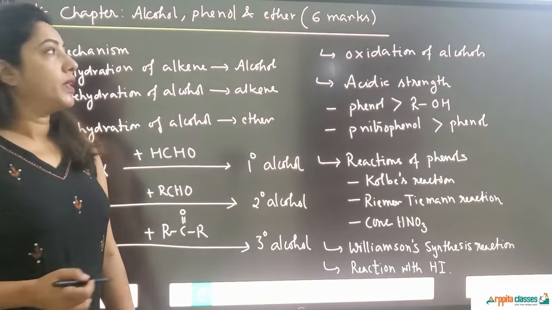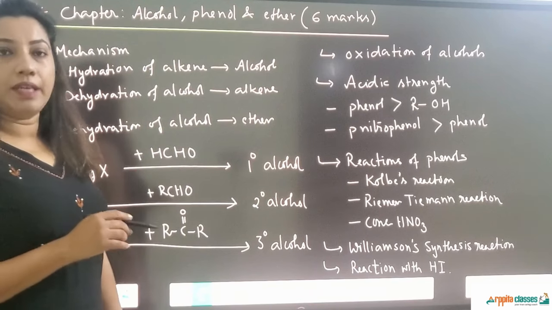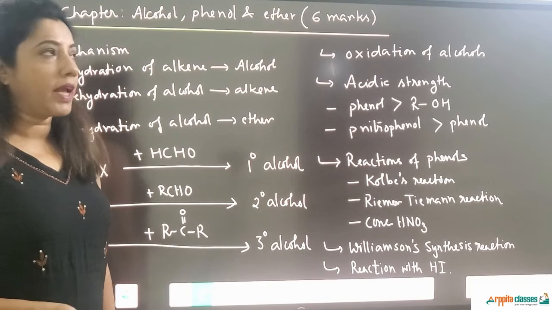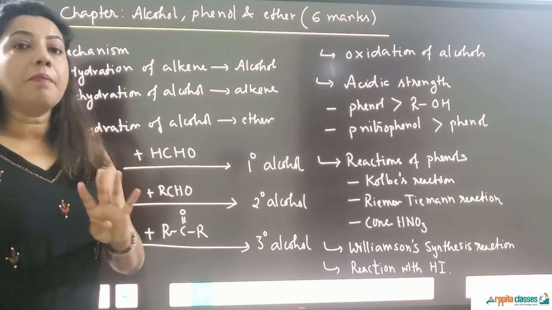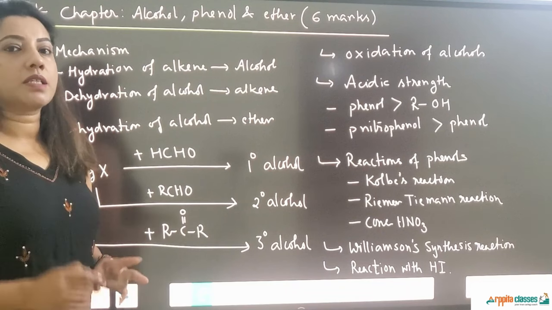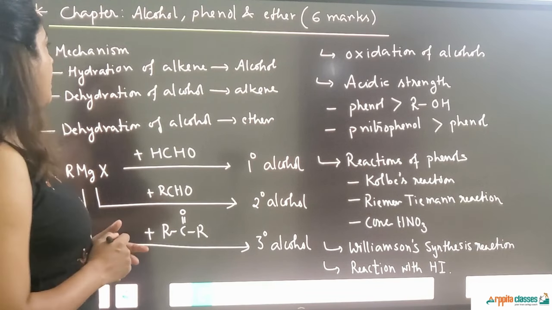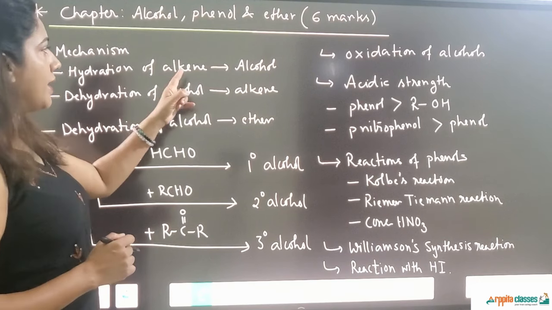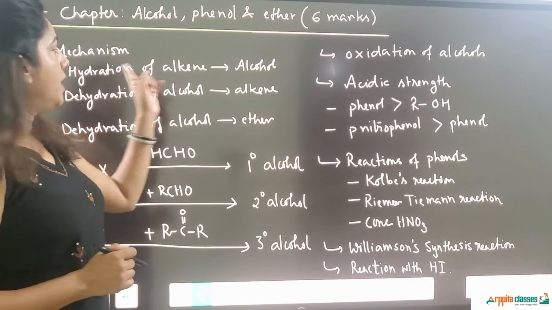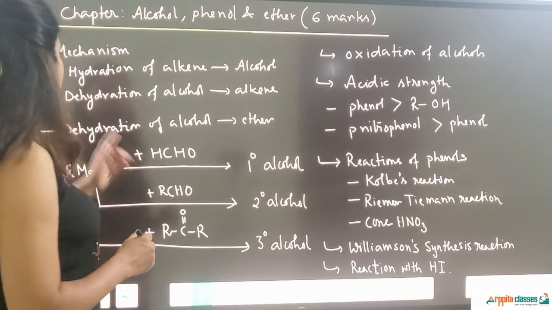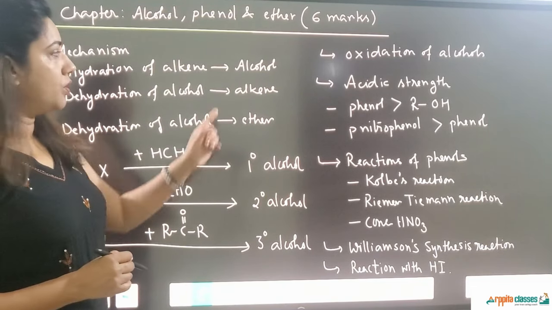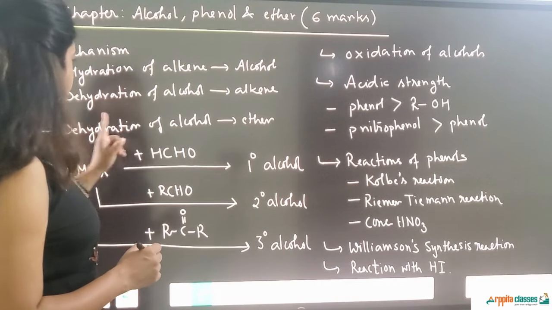Okay. So the next chapter is alcohol, phenol and ether. This is again a chapter from organic chemistry which contains 6 marks. Here we have 3 mechanisms. Out of these 3 mechanisms, one might come in your board paper. The mechanism is hydration of alkene, which leads to alcohol. This is one of the mechanisms. You can see there are 3 steps. Prepare them very well. Then we have dehydration of alcohol, which leads to alkene, and we have dehydration of alcohol,